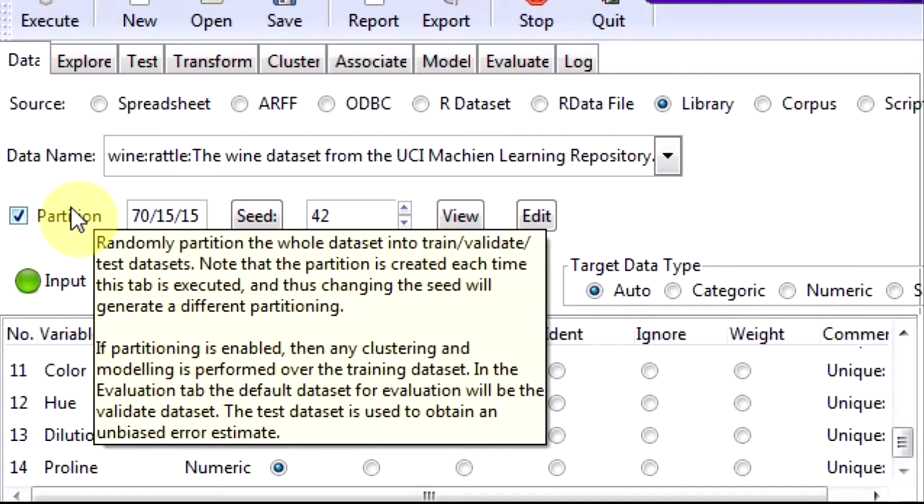Now look at the partition. Why do we do partitioning? So that we avoid the problem of overfitting. What is overfitting? Overfitting is I build the model on the data and the model works well on the data, but when fresh data comes in, it will have some random variation. It will not work well on that. So in order to do that, I partition the data, build the model on that, then apply it on the holdout portion. I apply it and then see how the model is performing. That still gives me some idea of how stable the model will be.